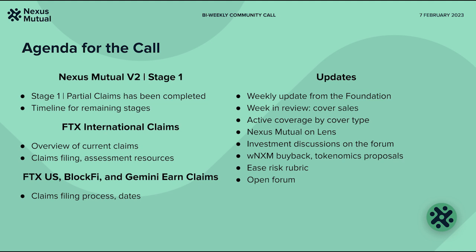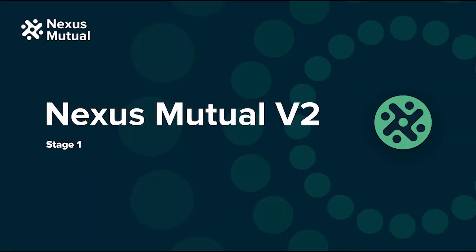And on our general update side, we'll hear from Hugh, and he'll give us the weekly update from the foundation. I'll go over the weekend review of cover sales, the active coverage by cover type, and then I'll share some updates from the community. Some things on the forum, and then I'll present an open forum for anybody who wants to cover anything or bring anything up or ask any questions if there was something that we didn't cover during the call. So I will jump right into it, and we can get started talking about the first stage of